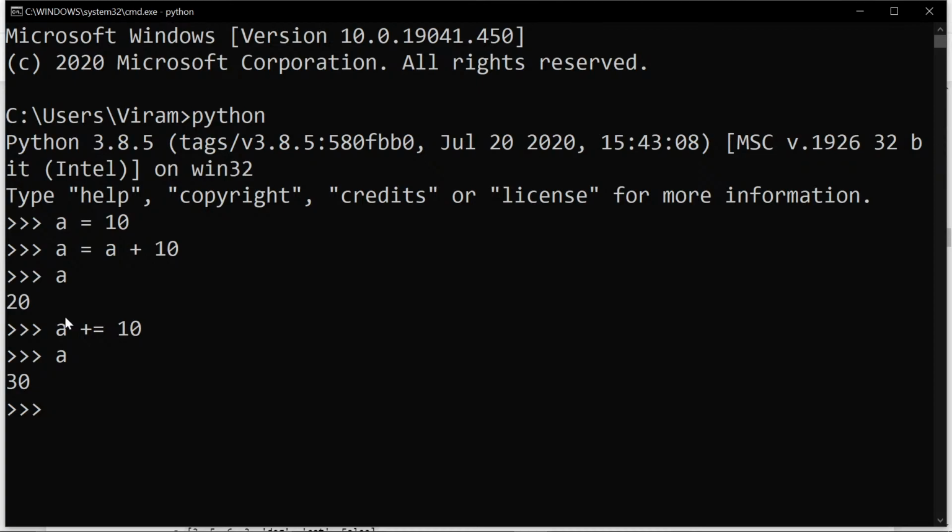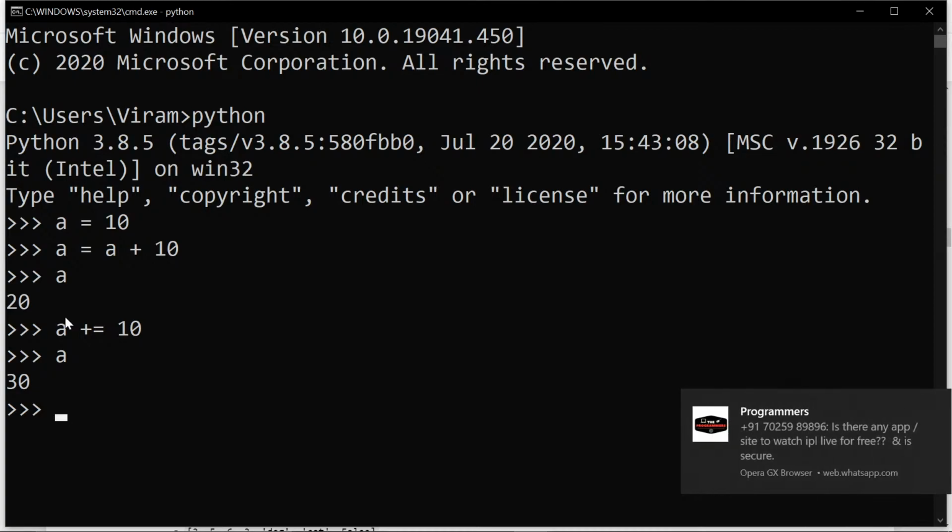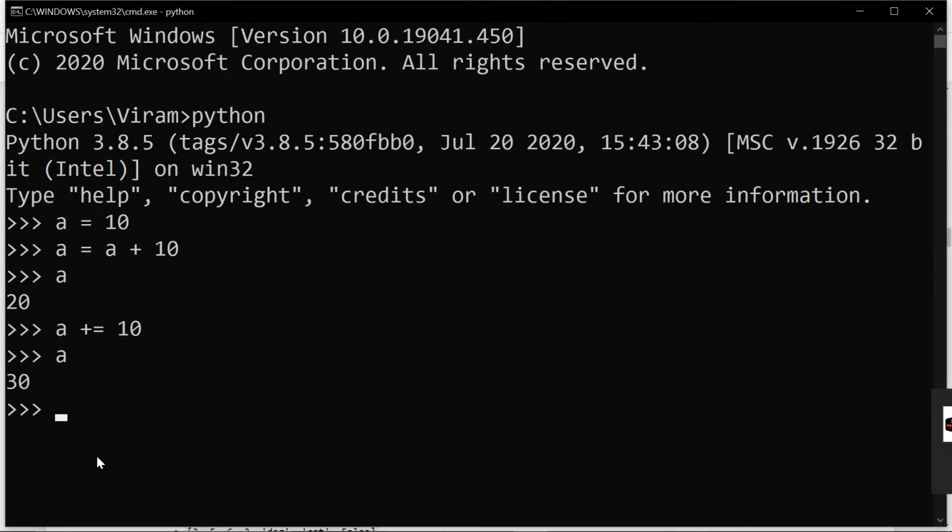If there is a problem with the mic, can you comment down? I'll test it. So a is equal to a plus 10 is the same as a plus equal to 10. That makes it 30, right? 10, 20, 30.